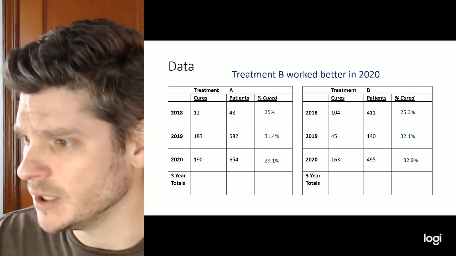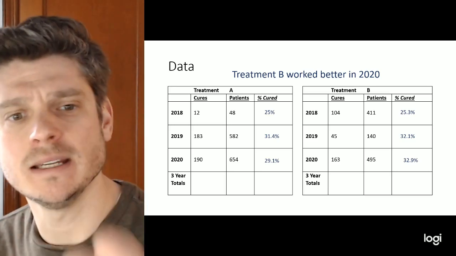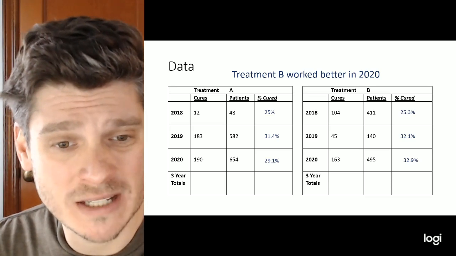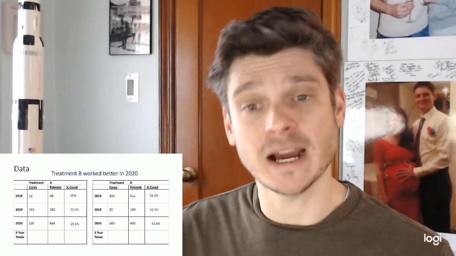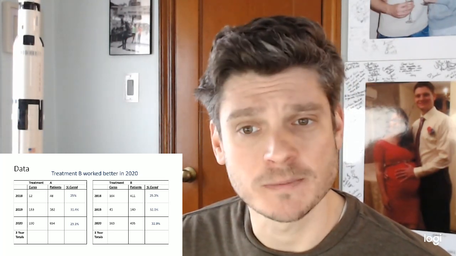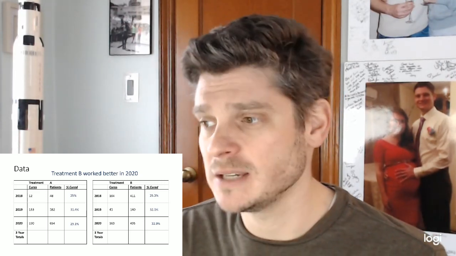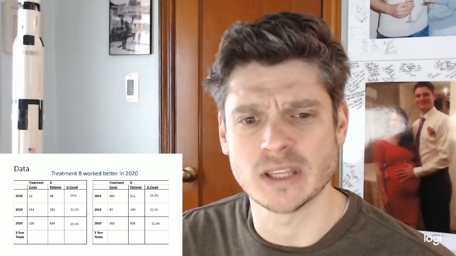And good. So that means in 2018, in 2019, and in 2020, every single time, treatment B was the better option. So it seems pretty obvious that treatment B is the best plan, right? That if you have this choice, you're this patient, and you're like, well, would you rather be in treatment A or would you rather take treatment B? It seems like treatment B is definitely the better option, but let's make sure that that's actually the case,